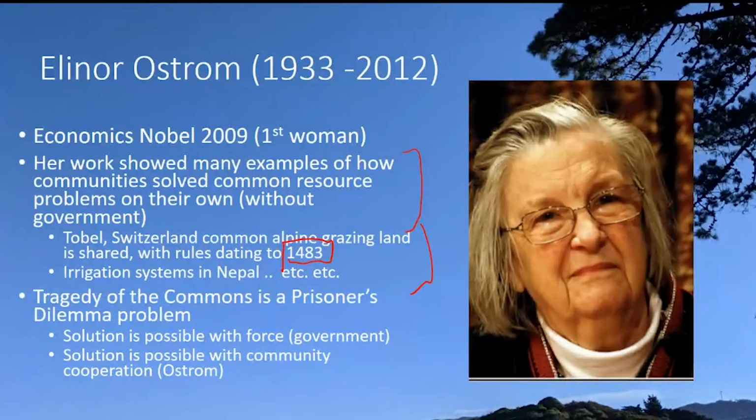And it's a system that has worked and has helped prevent the depletion of the common grazing land in that particular area. Another example that she highlights in her work is irrigation systems in Nepal and how communities have gotten together and set rules as to who's allowed to take how much water out of the river at a particular point in time. This becomes a kind of collective action where individuals get the community together and say, hey, we've got a problem. We need to do something about it. They set up a system of rules. They set up a system of monitoring. They try to keep track of anyone who violates the rules. They might put into place certain penalties.